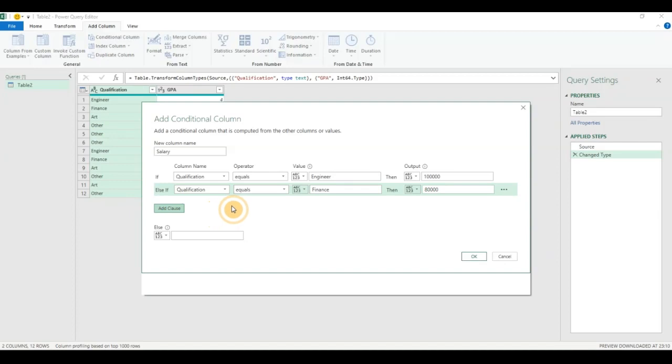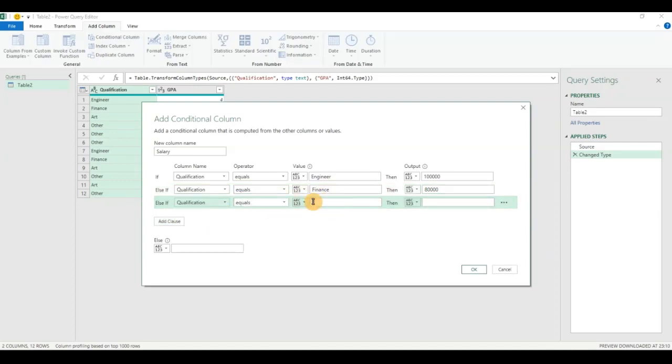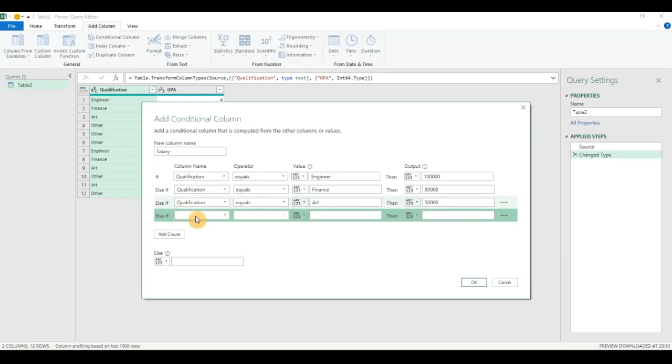Add a clause again, qualification. And now for art, I say 50k. Okay. Then now I want to choose my rule now bifurcates. I want to go on the GPA. If he has none of these qualifications, then I'm going to look at the GPA of the individual, and if